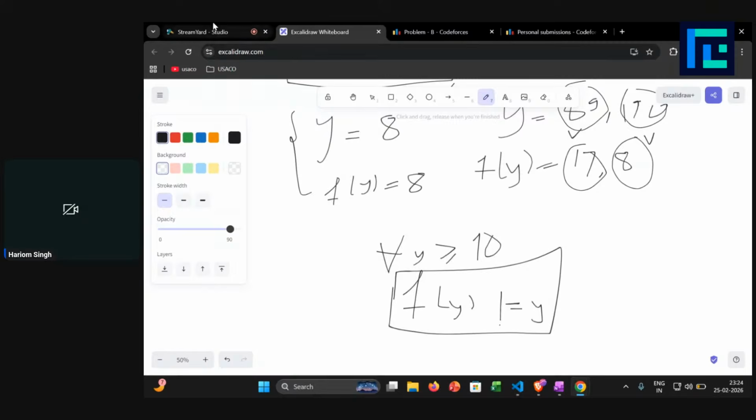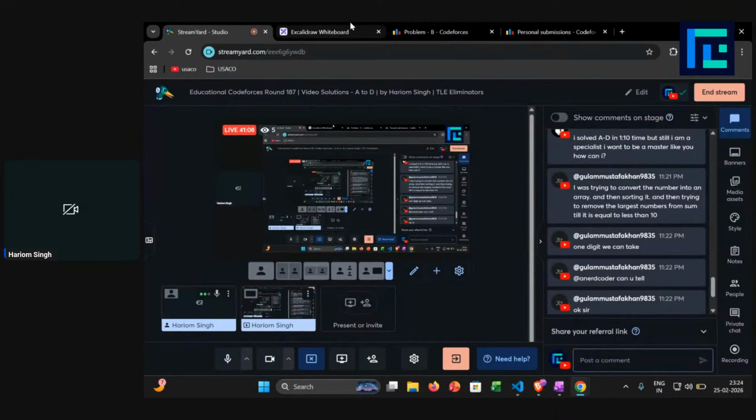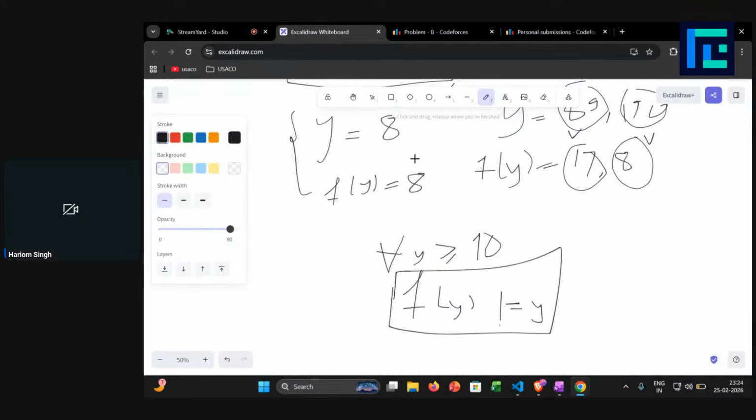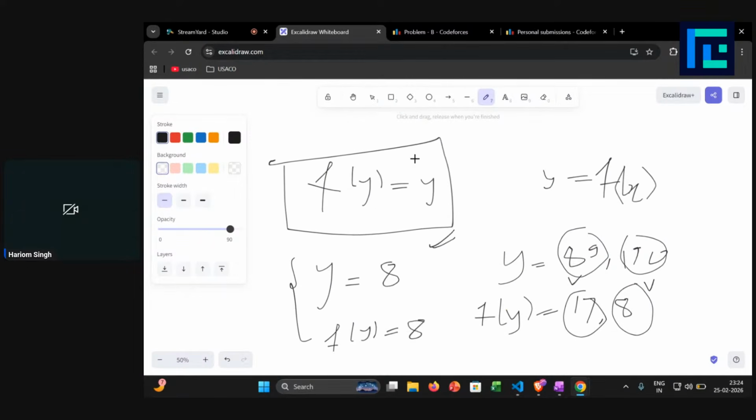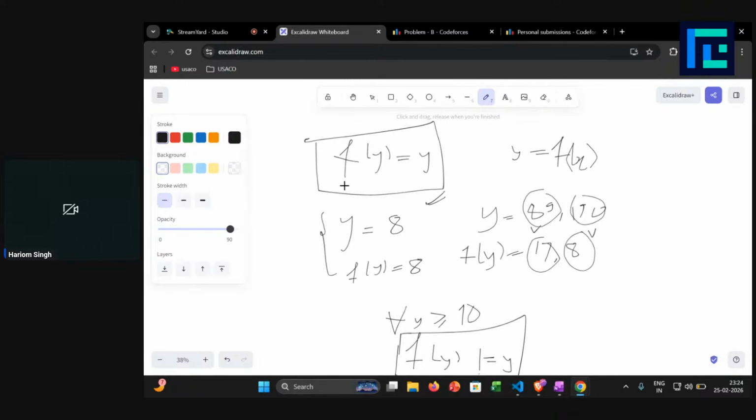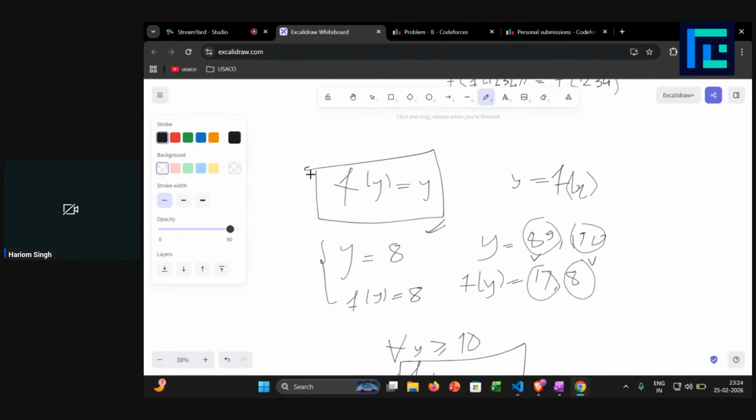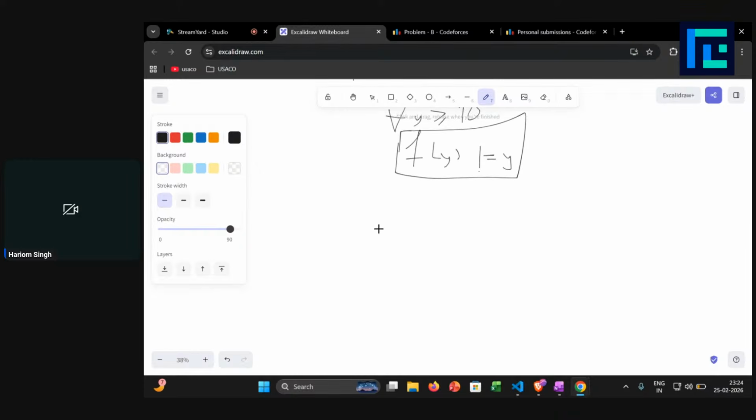Okay. Then let's decompose this problem. I'll give you one more observation, then you will be able to solve it on your own, right? So we just solved a simpler version of this problem, where we replaced y with f of x. Now you can just replace it again and see what y represents. Y represents nothing but,